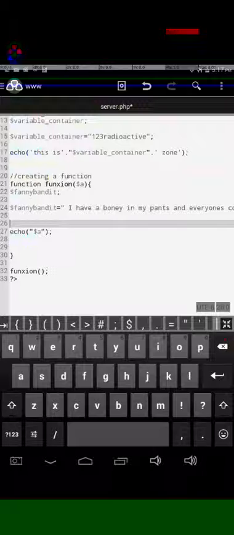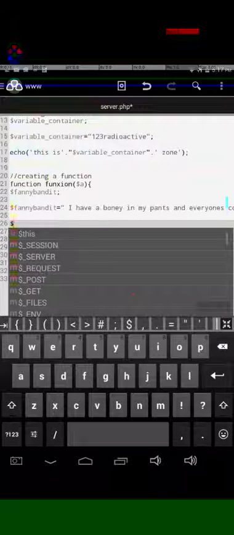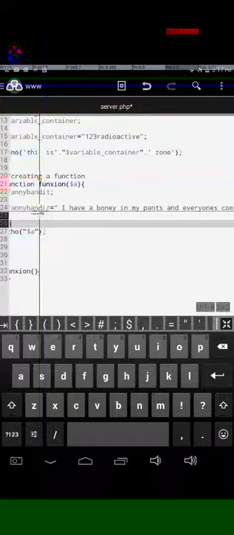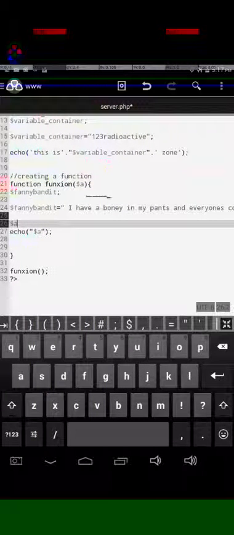Now this is with the parameters. Commonly, what you're gonna do is assign the value of a variable to an already existing variable. So basically, here's what we're gonna do. We're gonna put the value of Fanny Bandit into A. Actually, that was the worst example to do. But I guess we'll take this as another lesson then. So A equals